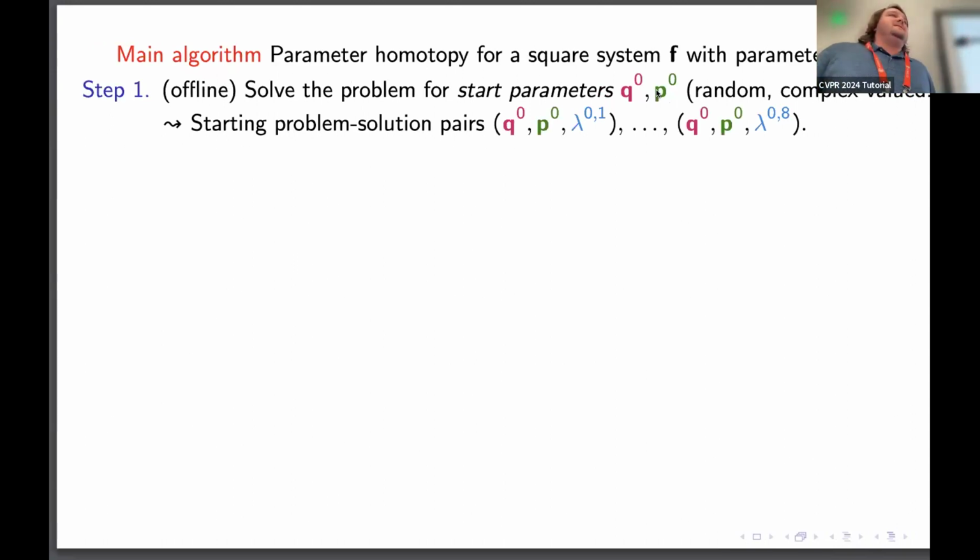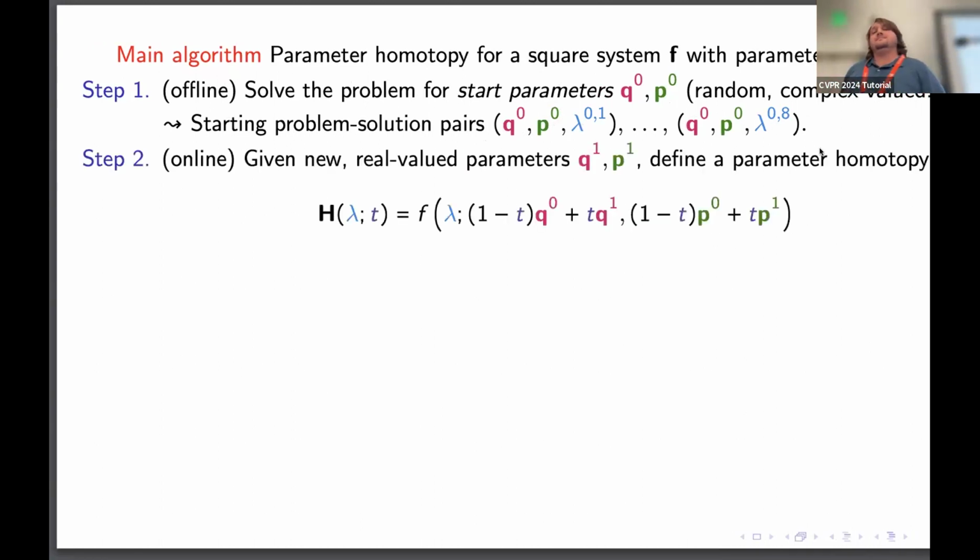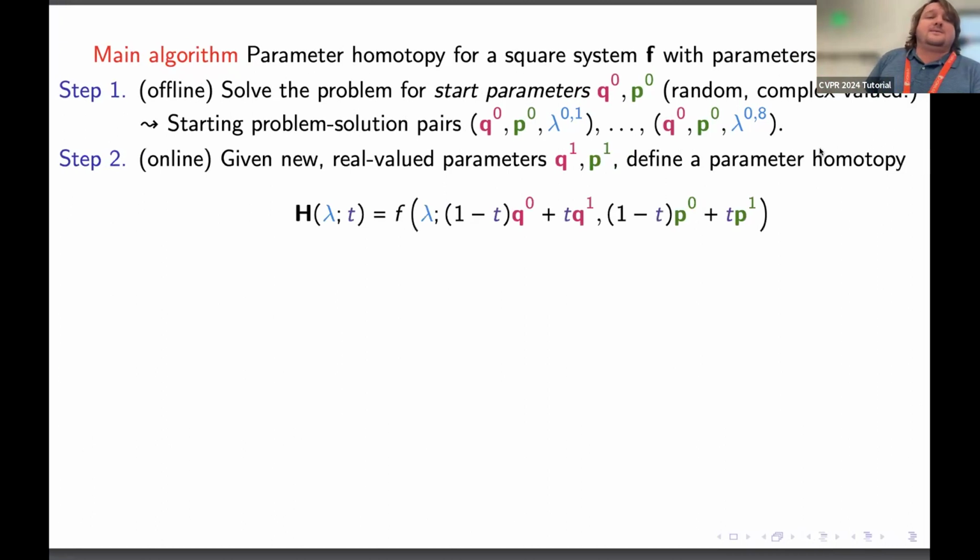Okay, so let's just assume somebody hands you the solutions to this random complex valued problem. So we said there are 8, right? 2 to the 3 solutions. Okay, so this gives you 8 starting problem solution pairs, right? So we have the same parameters everywhere, and then different solutions, lambda 0,1 through lambda 0,8. Okay, so now some genie hands you these starting problem solution pairs, and it's time to solve the real problem